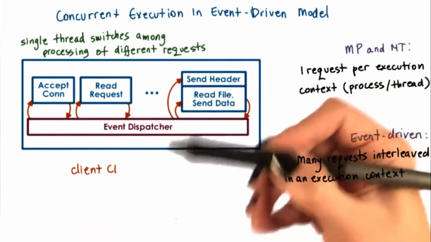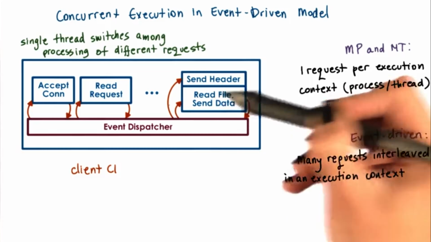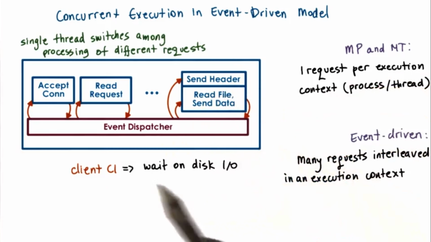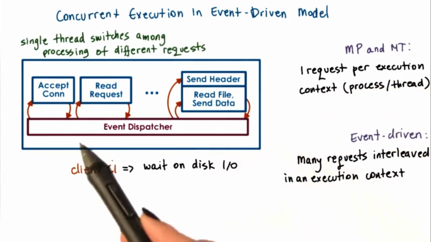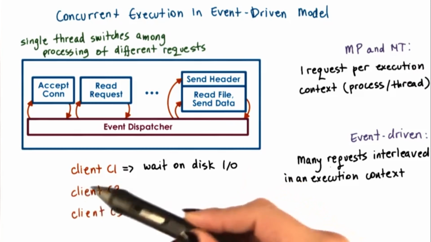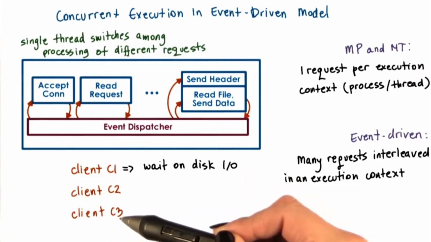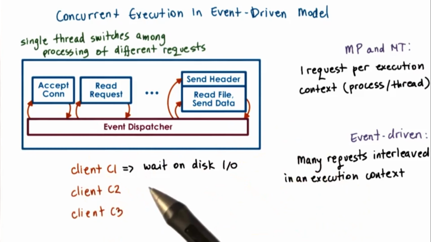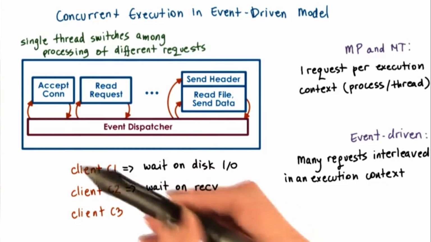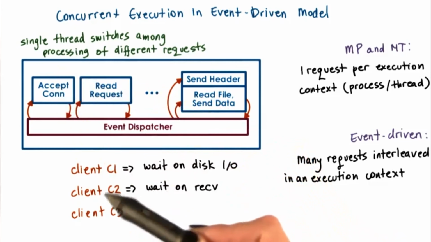So now we actually need to read the file, and we initiate I/O from the reading file handler. So at that point, the request for client 1 has been processed through several of these steps, and it's waiting on the disk I/O to complete. Let's say in the meantime, 2 more requests have come in. So client 2 and client 3 have sent a request for a connection. Let's say the client 2 request was picked up first, the connection was accepted, and now for the processing of